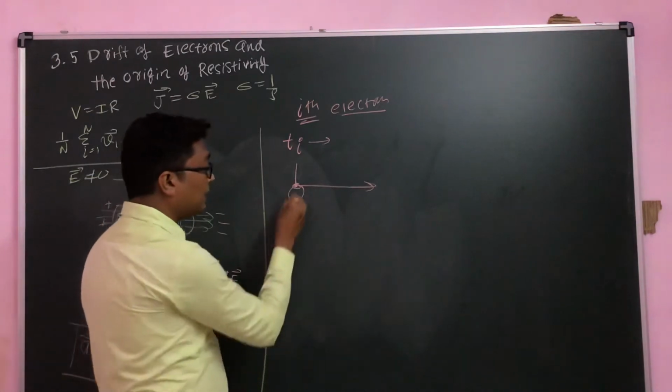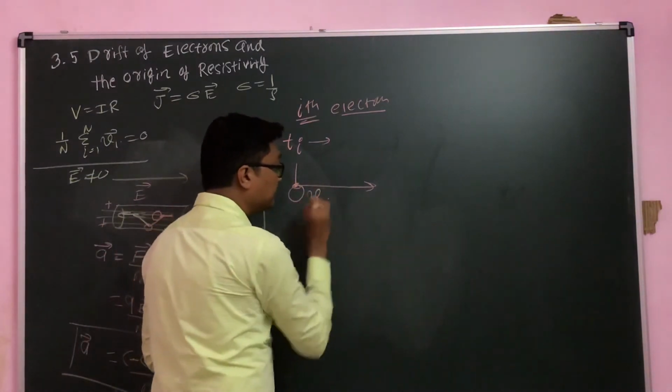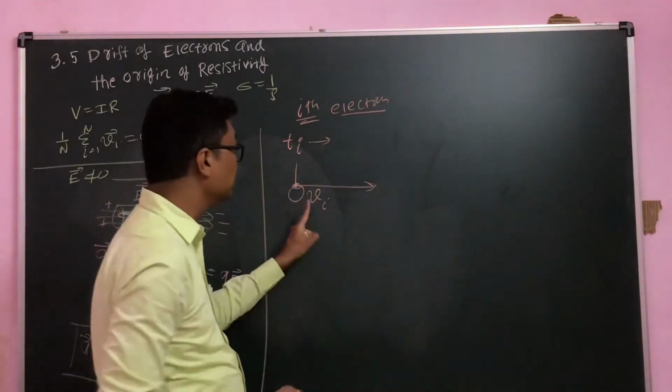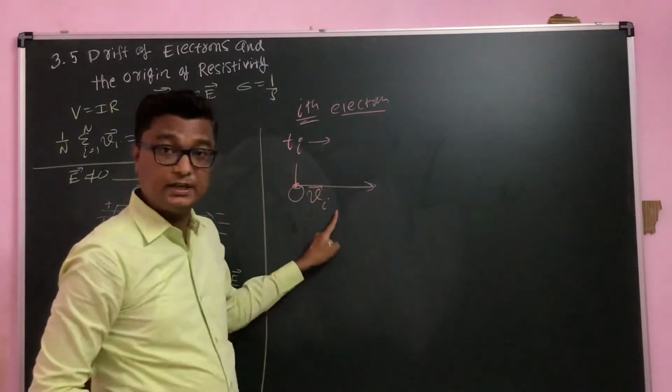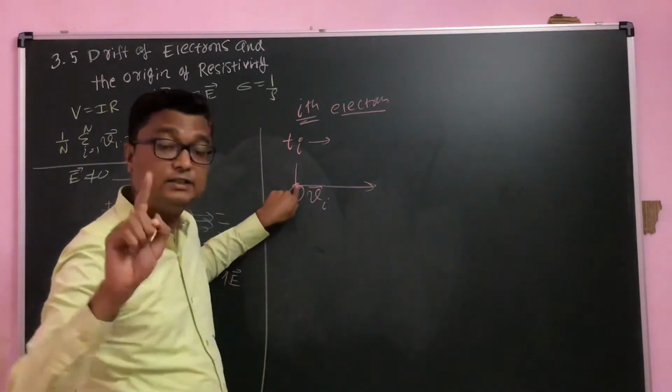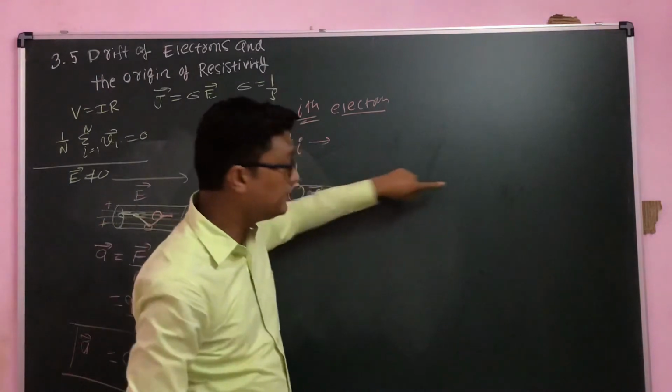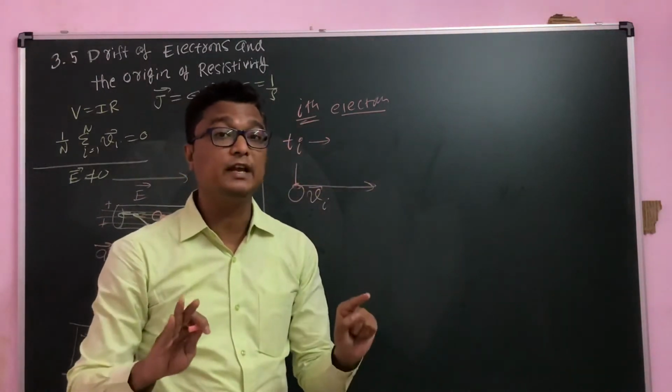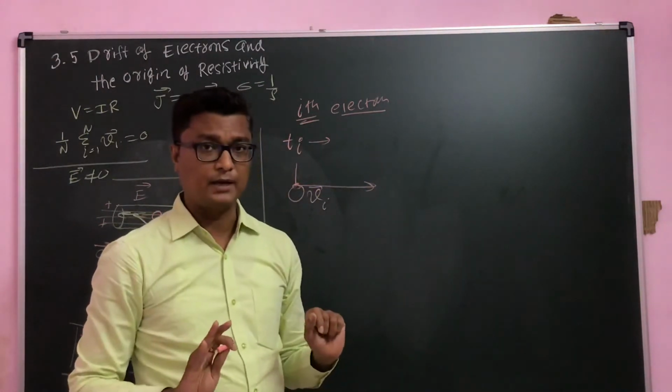And मान लो कि ये कोलिजन होने के बाद its immediate velocity is vi. At this point its velocity is vi, and then after it is moving. अभी तक उसका collision नहीं हुआ है मान लो, right? Okay,